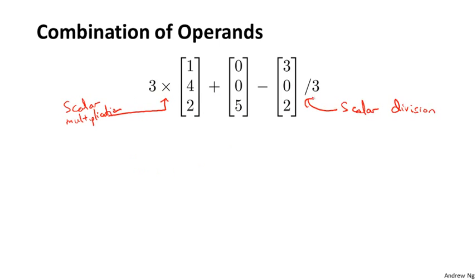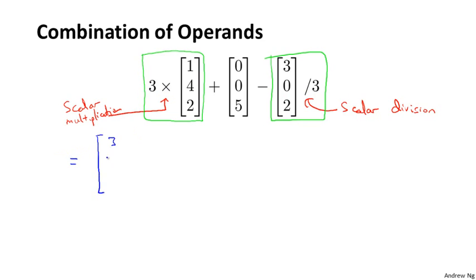This really just means 1/3 times this. If we evaluate these two operations first, then 3 times that vector is 3, 12, 6, plus my vector in the middle, 0, 0, 5,